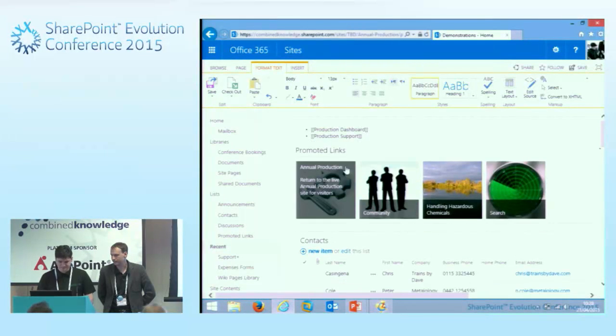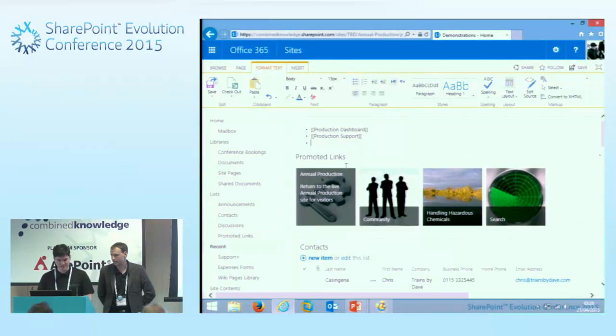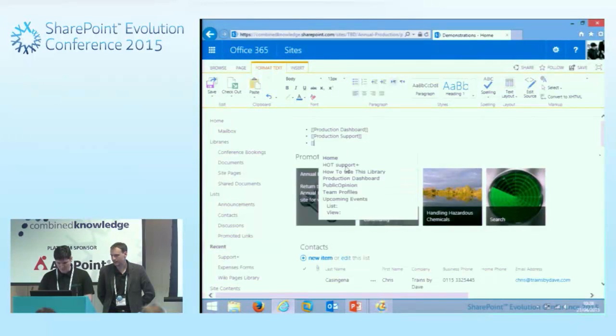Now, sometimes you might want to create a page that has a different name in relation to what text is being displayed on the actual page. So you might want to call a page